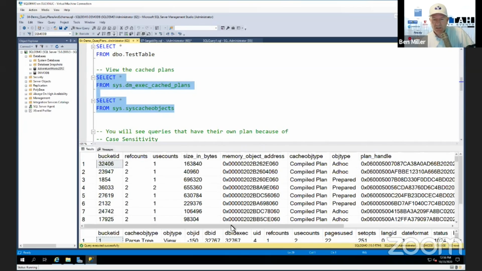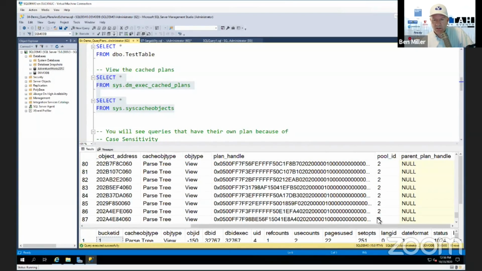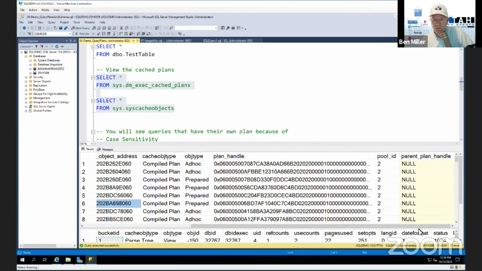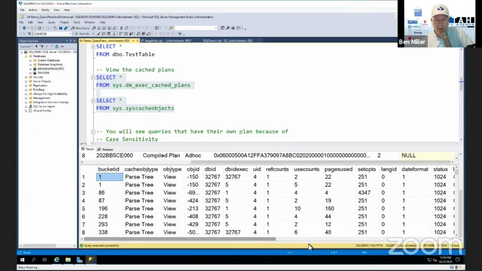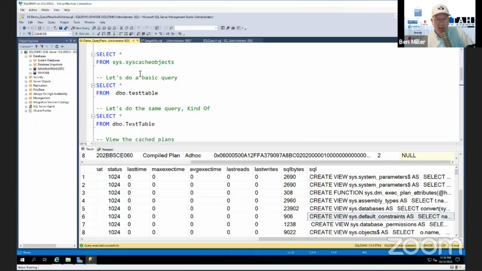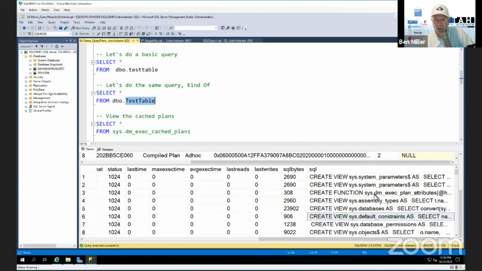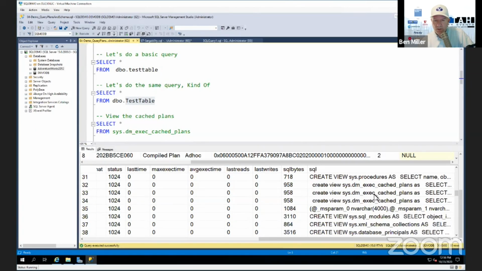And if you'll notice, we get some pretty big, wow, that's a lot of data. So let's scroll up here, and you'll see that there are some parse trees for the views. I didn't really realize the views would be that impactful, but we're going to go look for our queries. So we ran two queries. They were the same, right? Test table and test table. So we should see that in here as test table. And sure enough, if we get down here, we'll see,